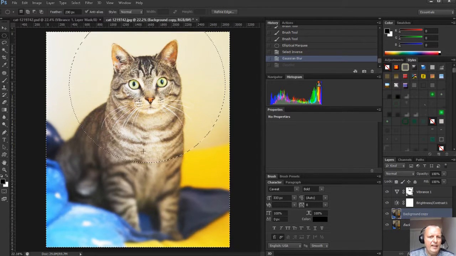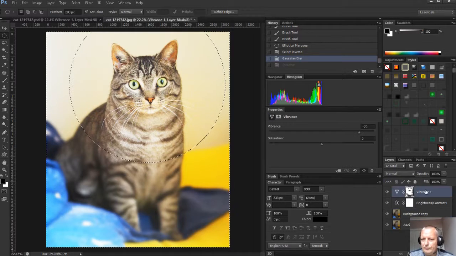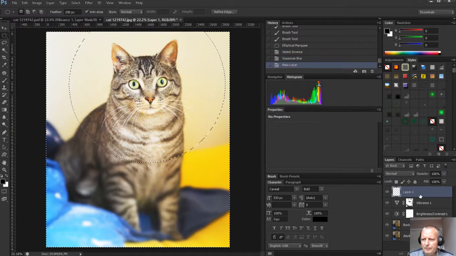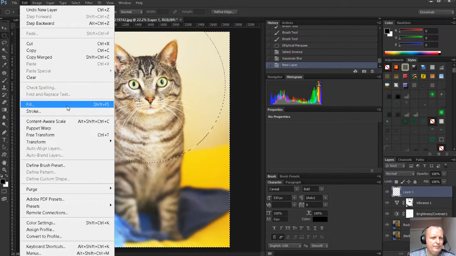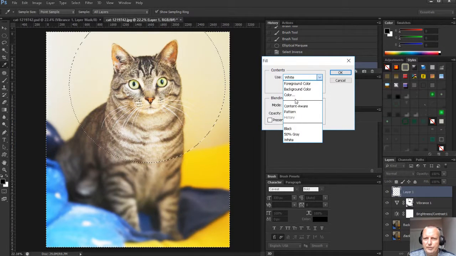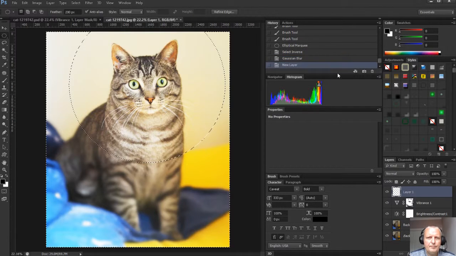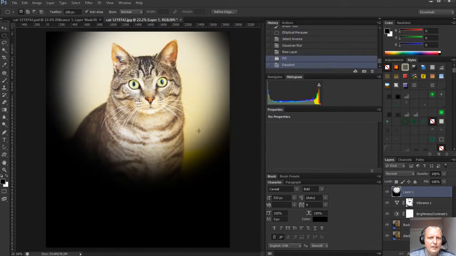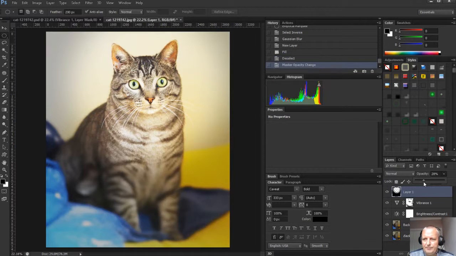Now the head is standing out and the rest of it is kind of blurred, so it doesn't attract any attention. I'm going to make a new layer above, and I want to fill that with black. So edit, fill, and choose black, so that we darken all that outside. And then I'm just going to change this opacity